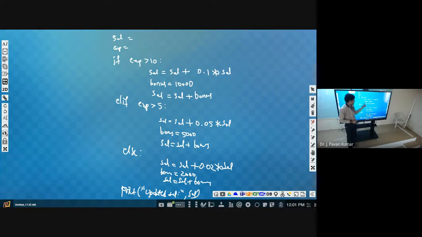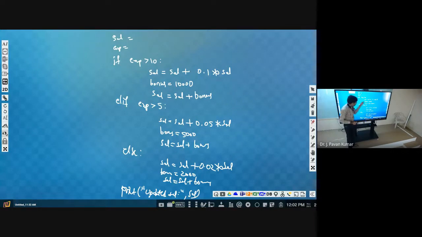So irrespective of this, we have to add bonus to the salary. That bonus can be 10,000 or 5,000 or 2,000. So if we assign bonus here, we are adding that bonus to the salary. Here also assigning, then adding that bonus to the salary. All these 3 lines are same, right?